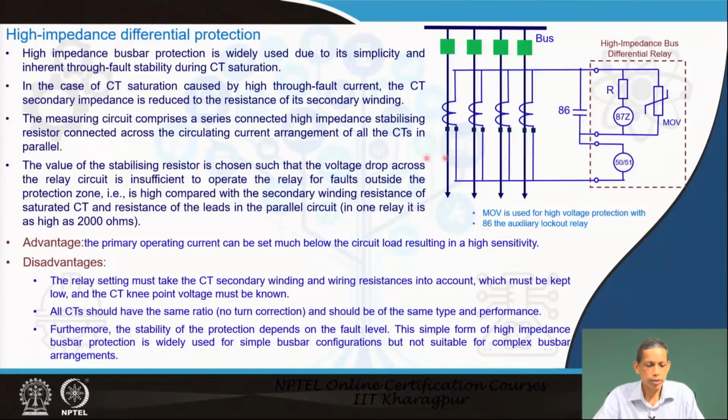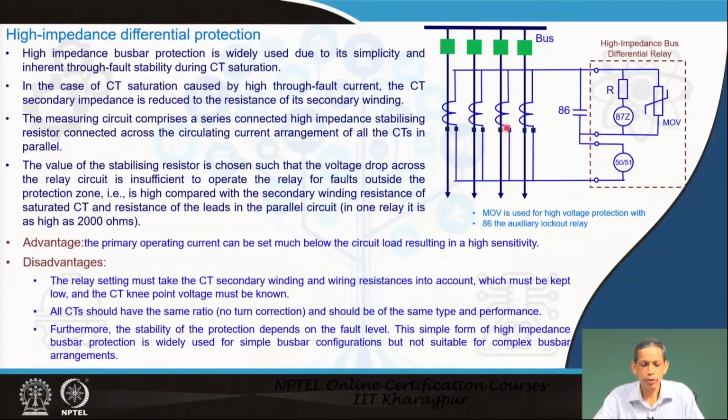So, what happens in this case is that in case of an external fault, if any of the CTs saturates for the external fault, that path becomes a low impedance path, and thereby the corresponding current flows through that path, because all the CTs you see here are connected to the common point. Thereby the current to this high resistance path where the relay is connected becomes insignificant.